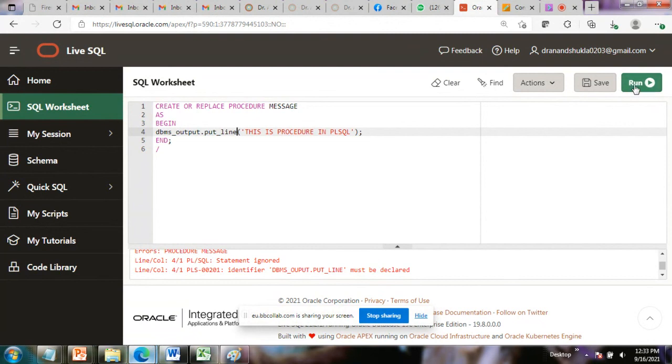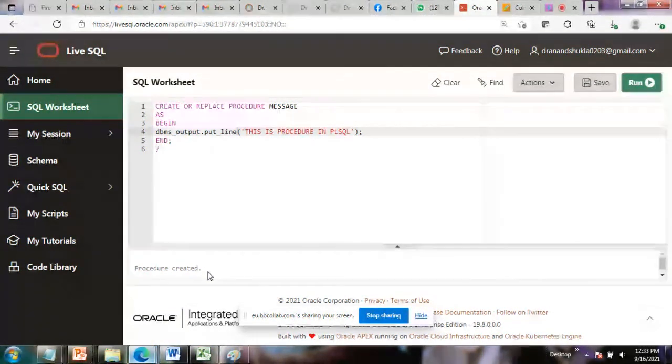Okay, the spelling was wrong, fine. See, procedure created. Whenever you write in caps, you have to be very careful about the spelling, because we are used to mixed letters, mostly small letters. So whenever you are writing caps, be careful.